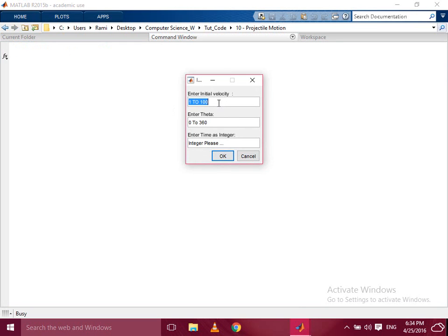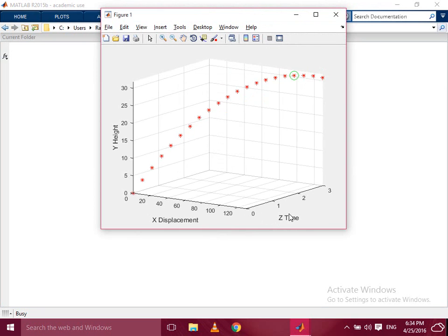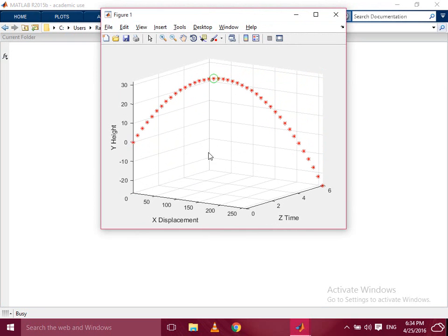for the initial values, which is V node, let's say 50 meters per hour. That's the initial speed. And then theta, which is the angle, I'm going to say 30 degrees. And then the time duration of the action, let's suppose this is going to be 6 seconds. Once you hit OK, as you can see, the program is supposed to visually represent this